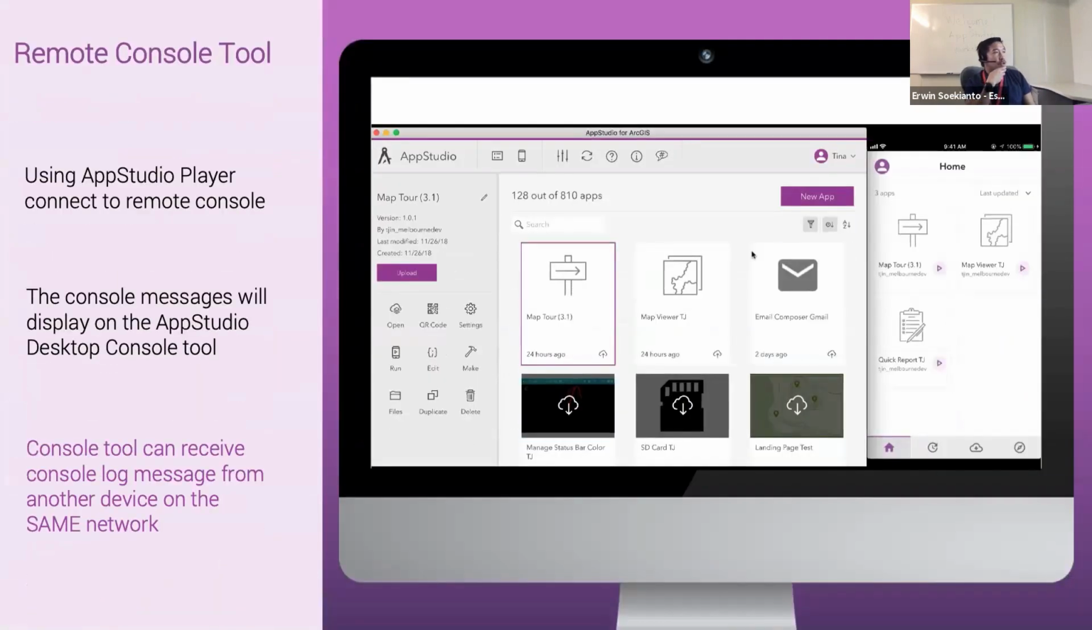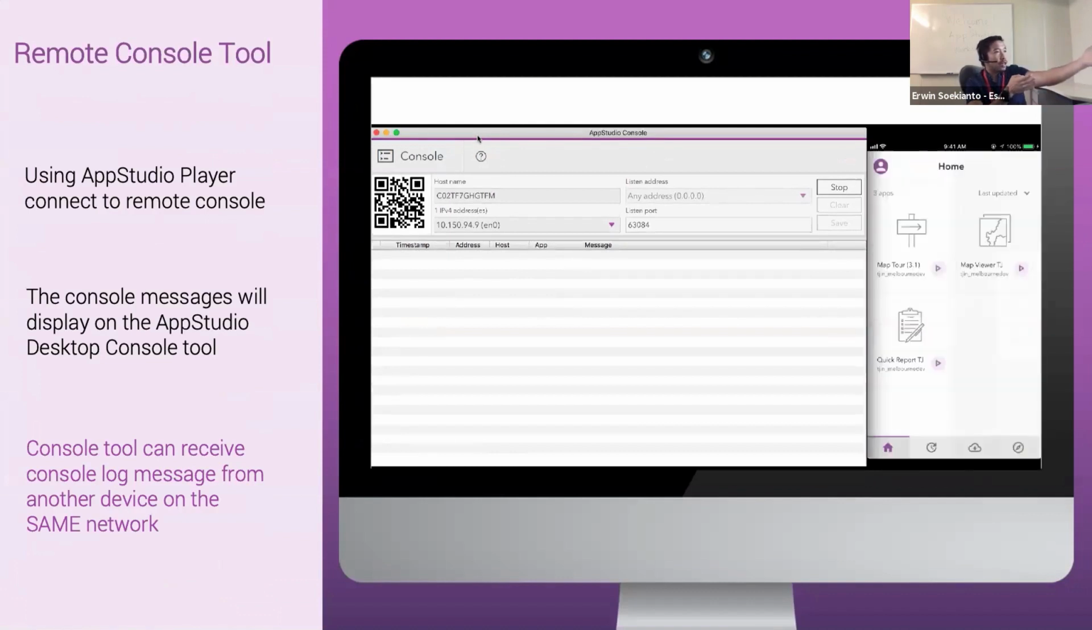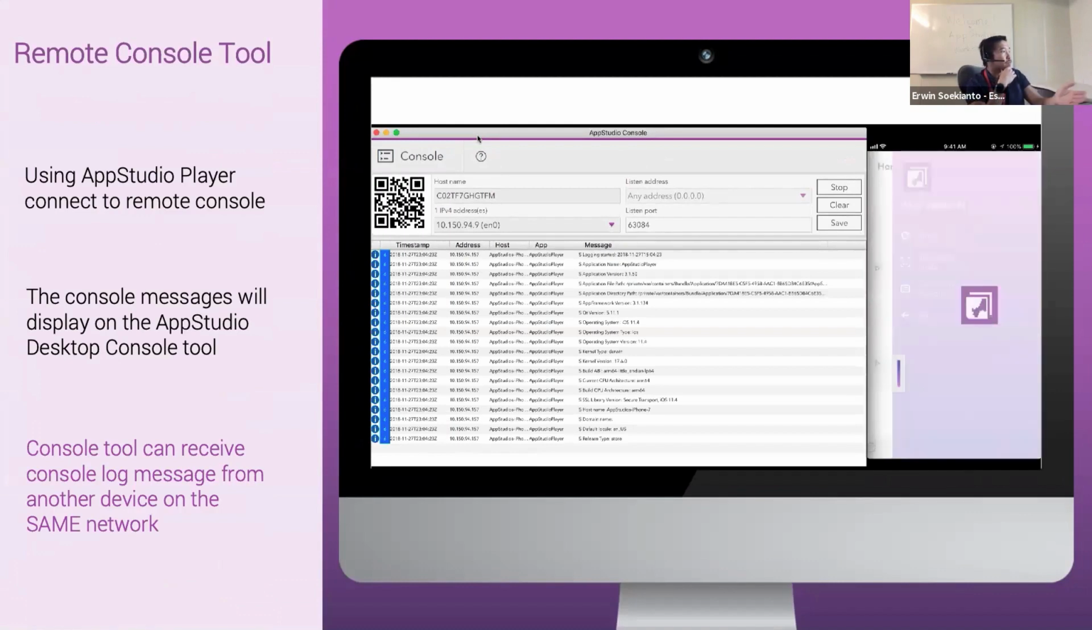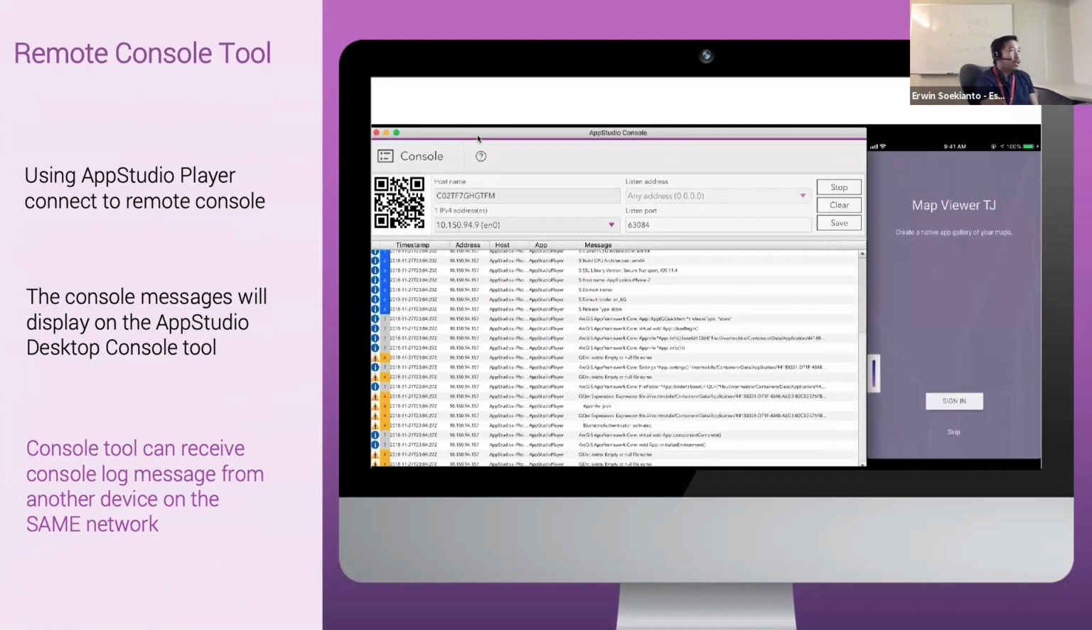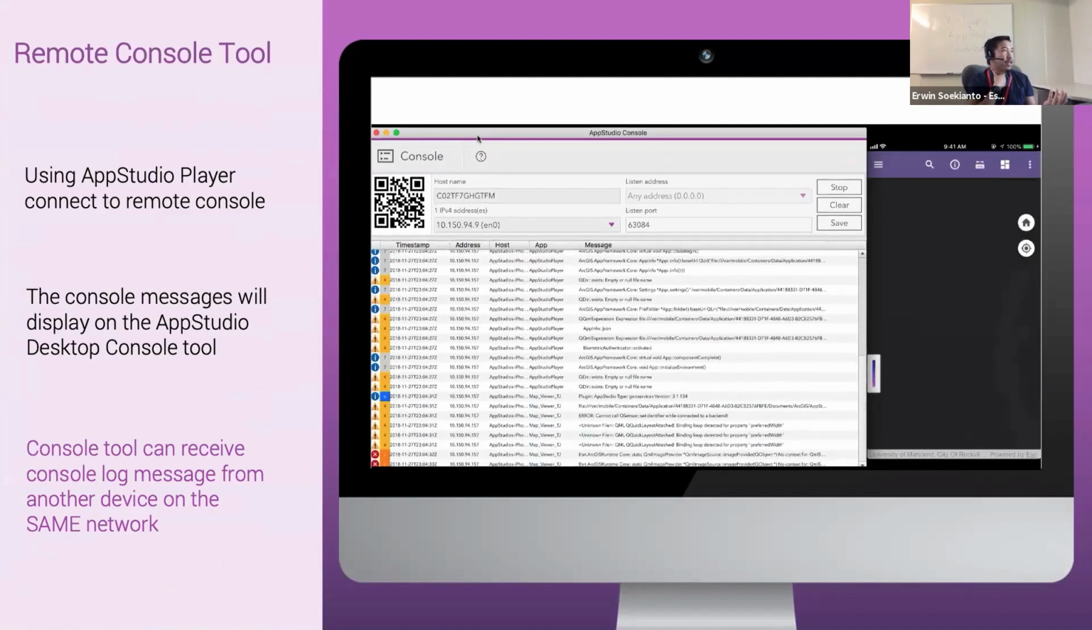For the remote console tool, you need to use the AppStudio Player. Again, this is why the AppStudio Player is a very crucial tool in AppStudio app development. As you see here, you start a remote console tool window in AppStudio Desktop that will present you with a QR code. The QR code is basically a link that points to the IP address of the current machine that you're running on. And then you would open the AppStudio Player. You select the,